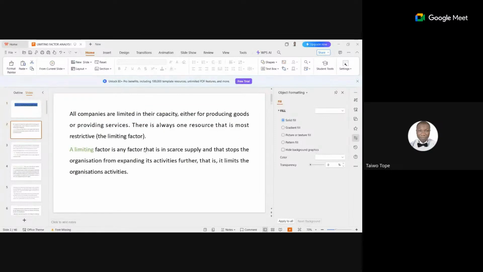Selling price less variable cost. So that is contribution. Contribution is selling price less variable cost. So contribution will be maximized